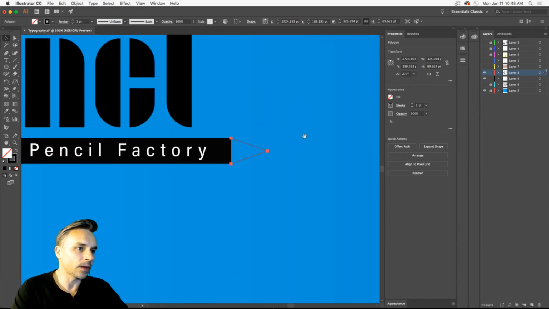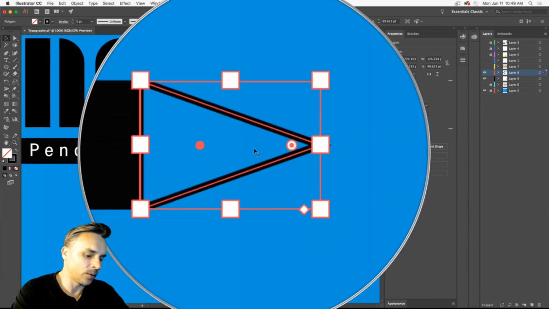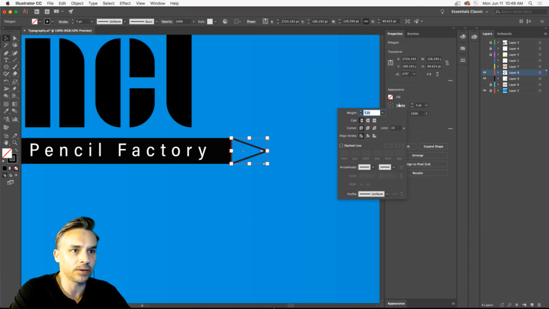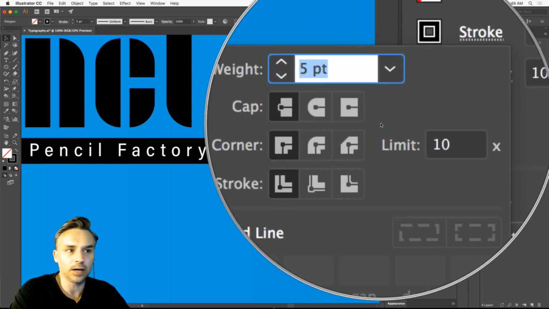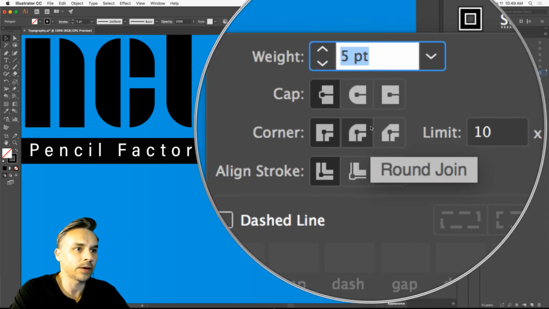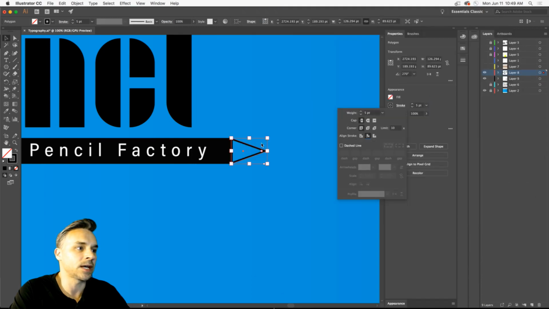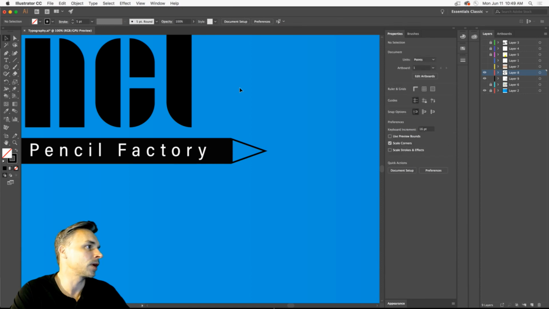What I typically do in this case is thicken this, because we know thick lines are really cool right now. I want this stroke to be on the inside and not just the outside. So I can go over here to the stroke, clicking on that word, and right over here, I can have the stroke aligned to the inside. Clicking right there, and now it's on the inside, and that's more along the lines of what I want.